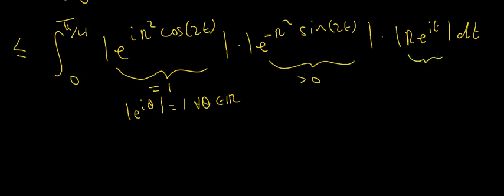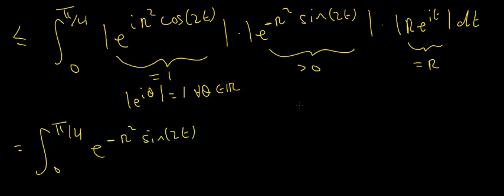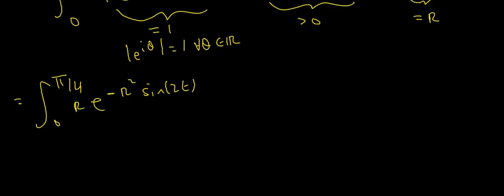And for the same reason as the first term, r e to the it is just going to be equal to r when I take the absolute value, because e to the it has modulus 1 for all real values of t. So that's going to be equal to the integral from 0 to pi over 4 of 1 times this thing, which is e to the minus r squared sine 2t times r. So I'm going to have r there, dt. That r was quite small, let me write it a bit bigger. r